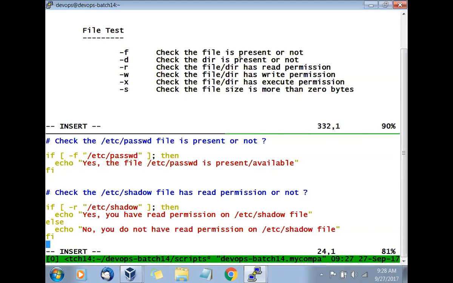Okay, so this is how you'll make the decisions. Hey, is the file there? Yes or no. Are the permissions there? Yes or no. Logically, we need to take the decision, saying yes or no. True is there, do one thing. False is there, do one thing.